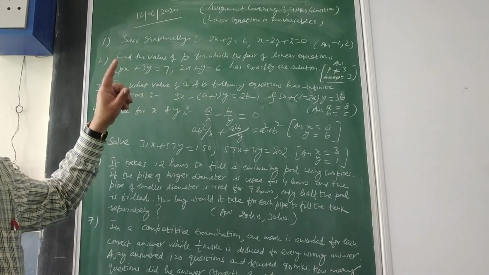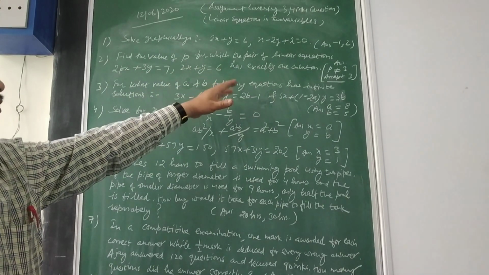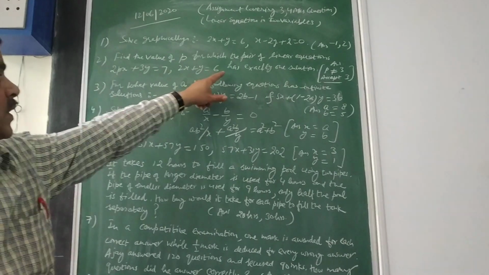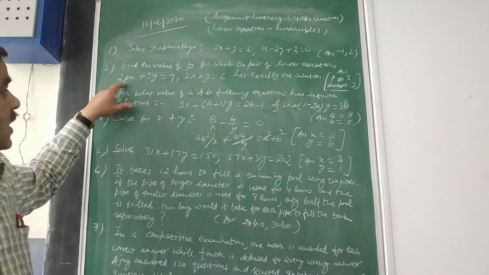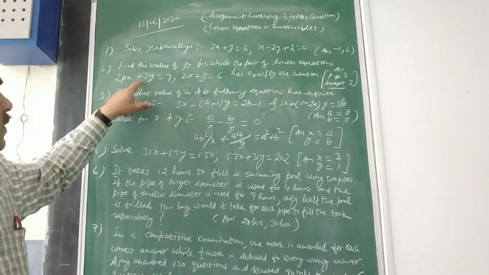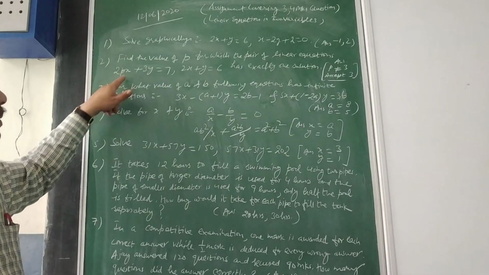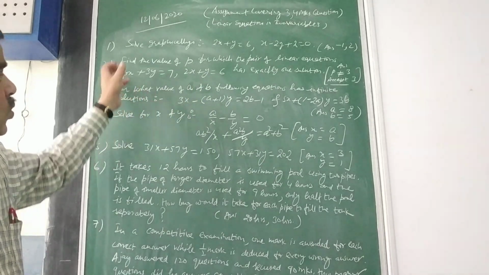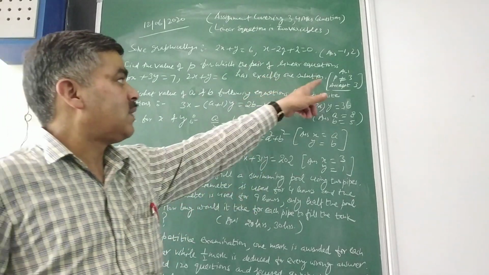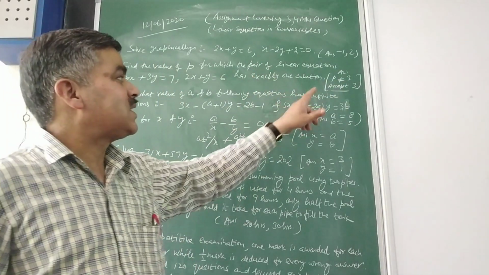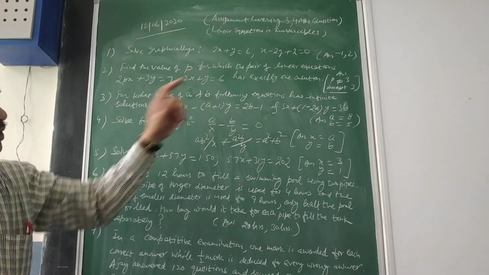Read the values of A1, B1, C1, A2, B2, C2 very carefully and apply them according to the question, whatever you want to calculate. Like here, it has exactly one solution. So I know A1 upon A2 is not equal to B1 upon B2. A1 is here 2P and A2 is 2. B1 is 3 and B2 is 1. Within that A1 upon A2 and B1 upon B2, I get P, which I need to calculate. When you do that calculation, because the sign in between is not equal to, your answer will come in terms of not equal to. That means except 3, all other values of P will satisfy the equation. In that way you need to write the answer.